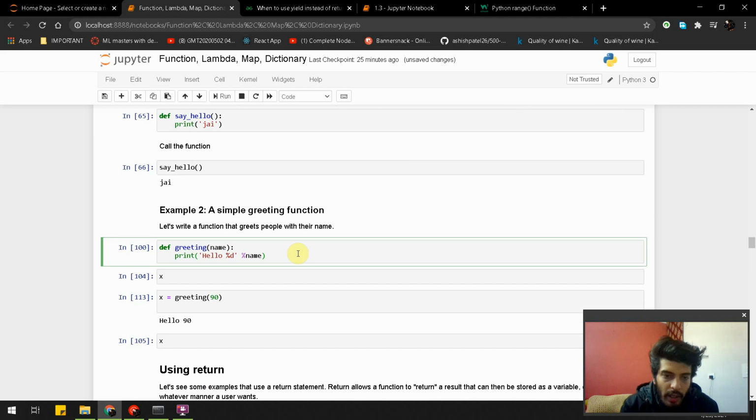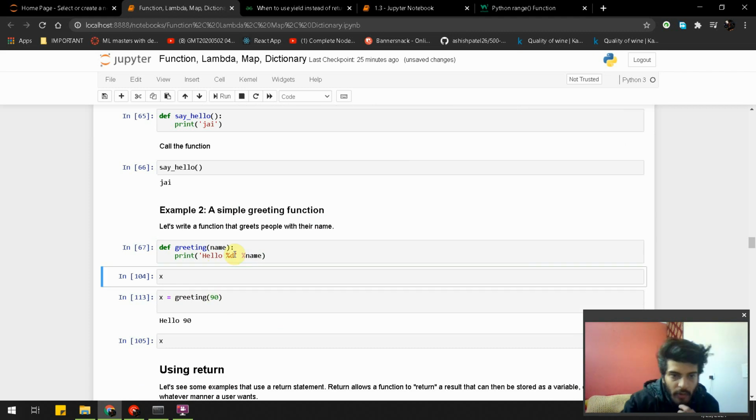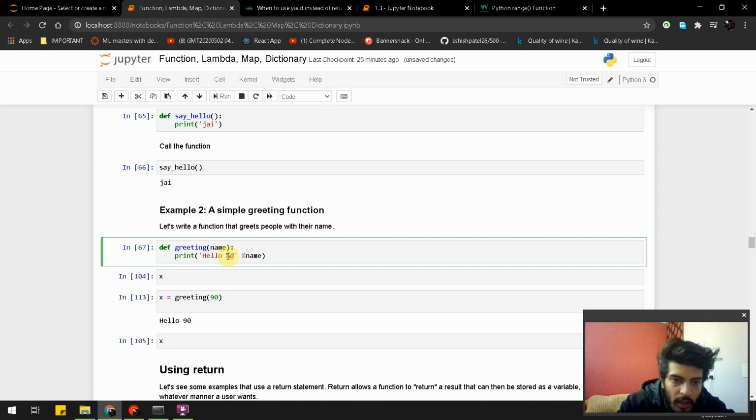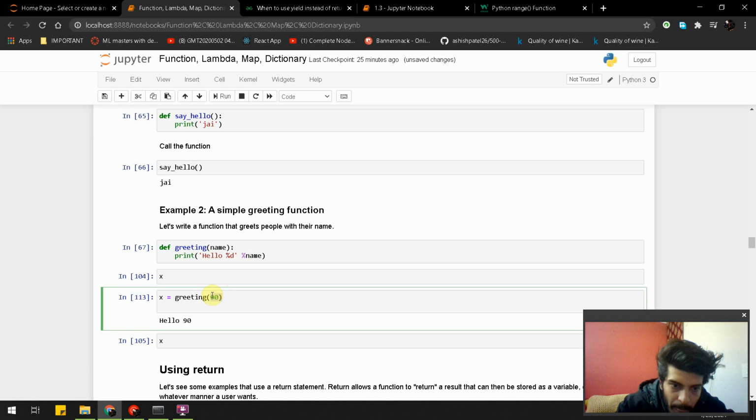If we want to write greeting name, where we are putting an argument, we just need to put greeting. Let me first use percentage d, like we are using this percentage name, which is getting, like we have put 90 in our function, then it is going to go in here, and then it will take it here, and then it will print hello 90.